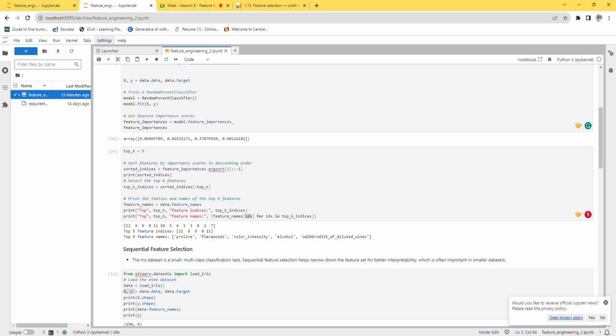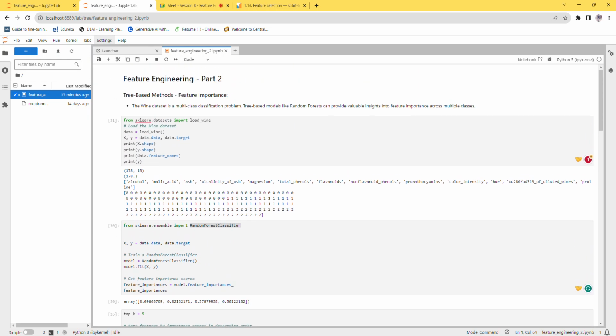I have a question. Tell me. At the very last, we have seen that there is a target feature